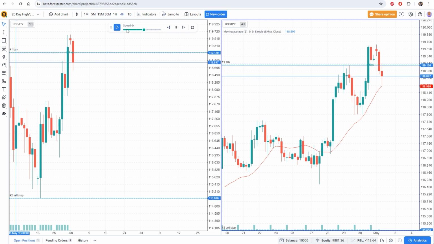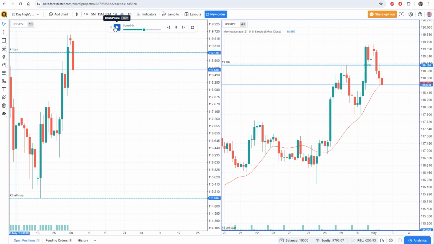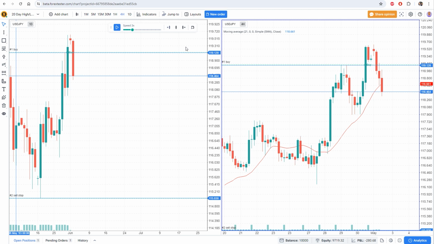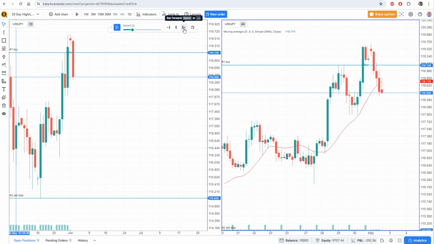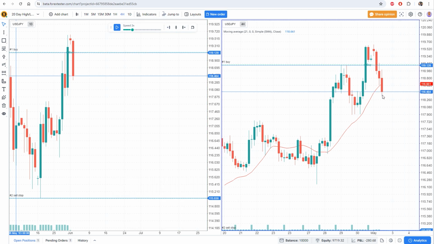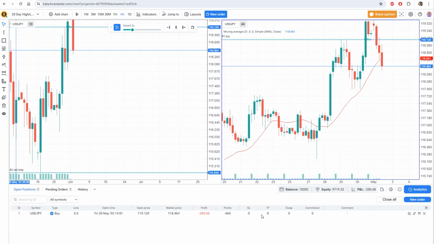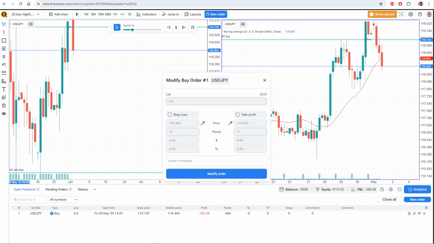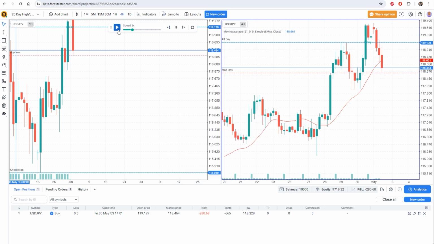Okay, so now we're coming down to that candle. We need a candle to break, so I'm just going to slow this down for a second. What you can do here, because I don't need to know the tick data of this, I can just print the next candle, right? On this chart. And you can see, if I go back a candle, this is the end of the candle. So essentially what we would do here with this trade, we go to our open positions, we can right click and modify the order and stop loss. And again, we can use the picker. Any break down below that low, I want to be out of this trade. And then we go back to playing it,